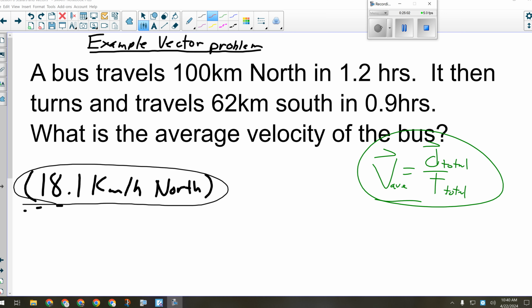And we're trying to look at the trip as a whole, right? We're looking for the average velocity of the bus over this whole trip. So anytime I get a question that has two parts, I have to treat the two parts separately, at least to start with, because I have to remember that this formula really means average velocity is the total displacement over the whole trip, divided by the time for the whole trip. So what I want to do is write down my givens for each part of the trip. In the first part,